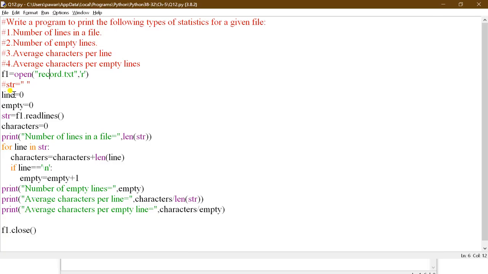Now, the value of line is initially 0. Empty is also 0. Now, this readlines function will read the lines and store the result in the form of a list. Here this str has all the lines in the form of list. So characters also has the value 0. Now print number of lines in a file. So for calculating number of lines you have to use the length function. What is the length of this str? Because the result is in the form of list,